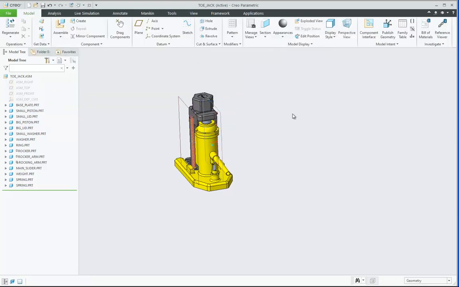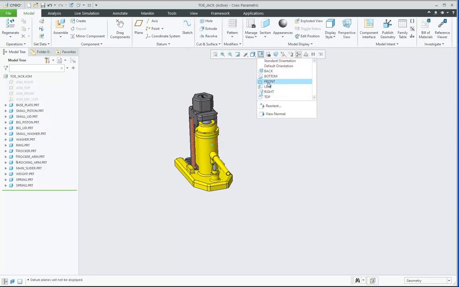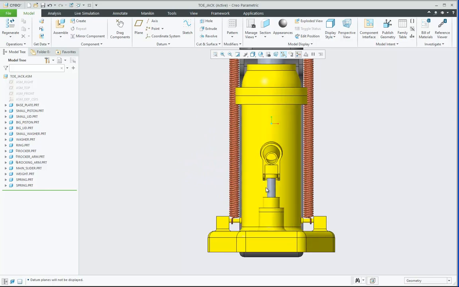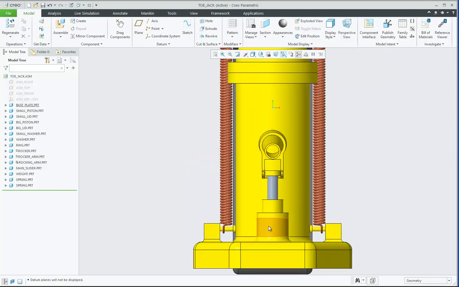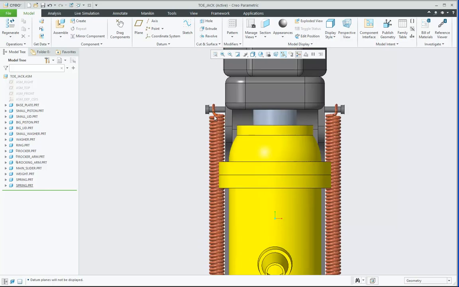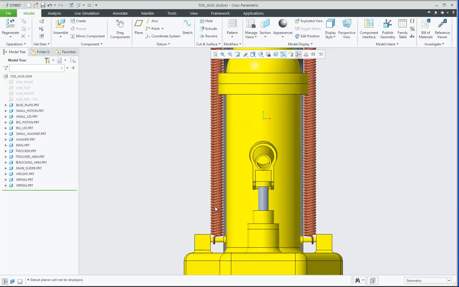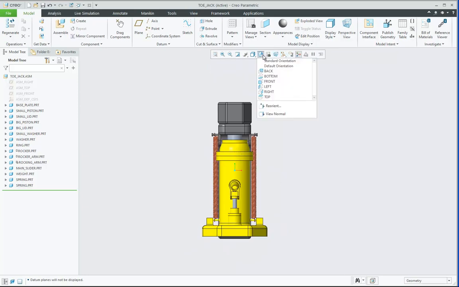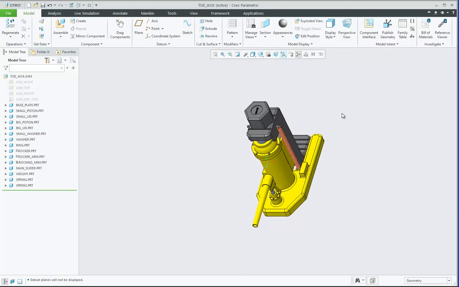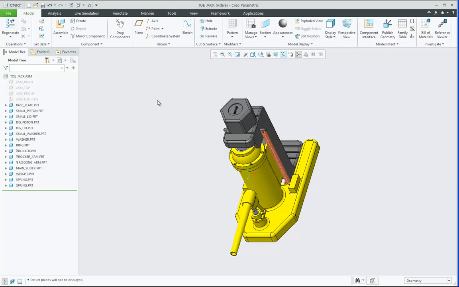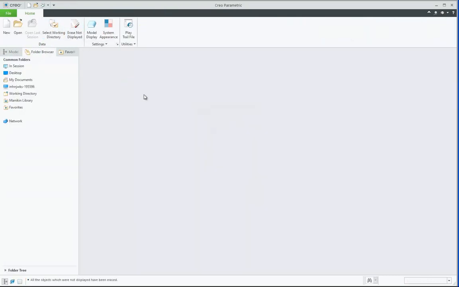Okay, so let us now check the assembly. See, the spring is properly assembled with the help of point-point connection between the two parts. This was about first topic, that is constraining a point on a point. Now let us go for next topic,